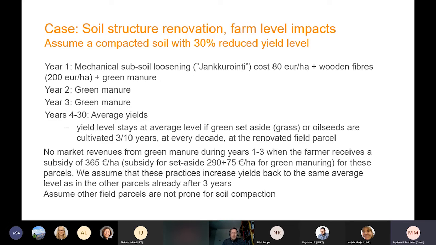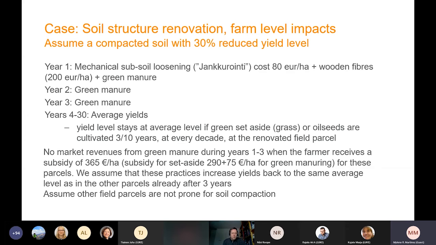But this means that the farmer receives no market revenues during the first 3 years, and this is quite devastating for farm economy if not much compensation. And okay, maybe some subsidies, of course, can be received, because CAP pays money irrespective of land use. But this means that the farmer has to